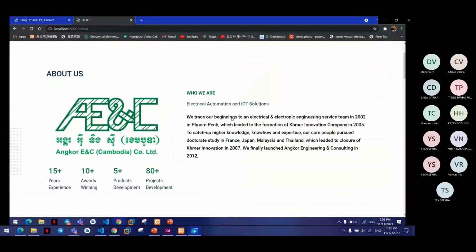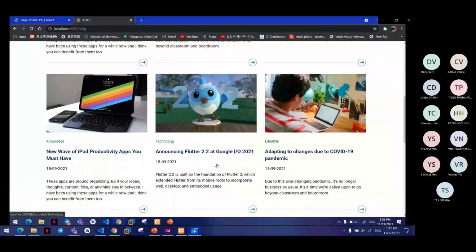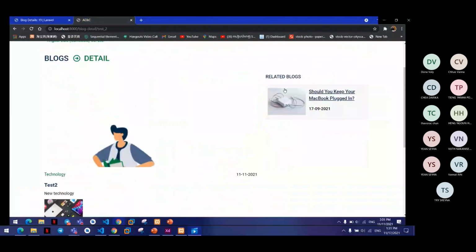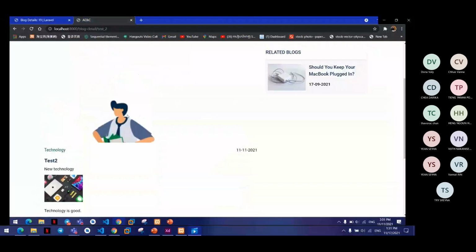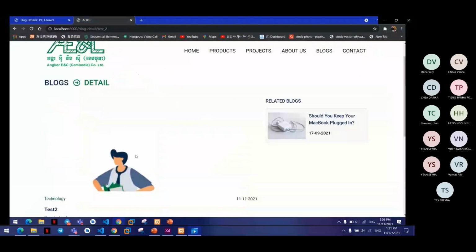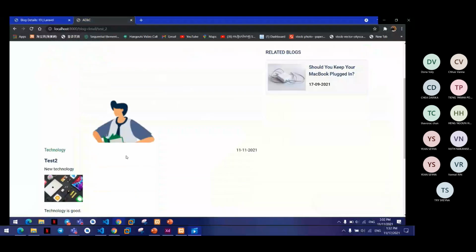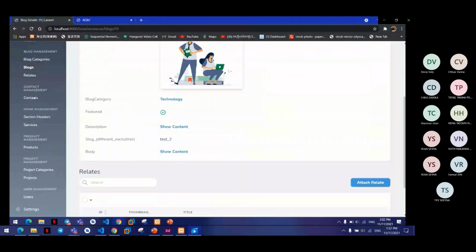We will go to blog and we will do the page too, because I paginate all the way in one page of pagination. Yeah, this we will go to blog detail. This is the related blog that I have already attached, only one. Yes, this is related. Sorry for the email, because email is one side for the blog, so we can choose the email that goes for design.